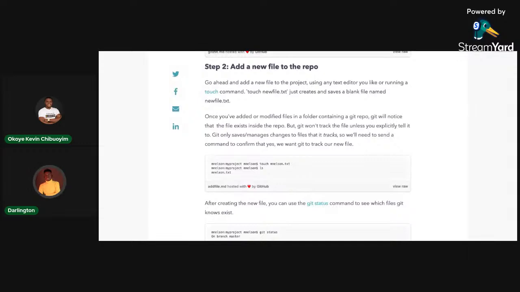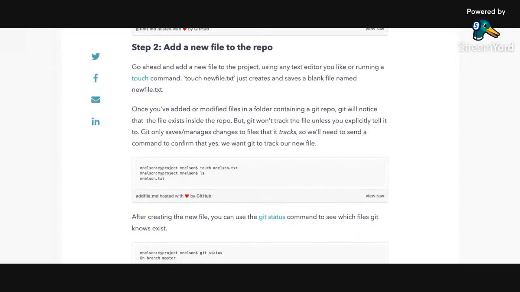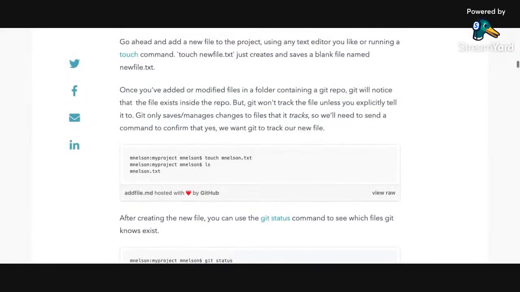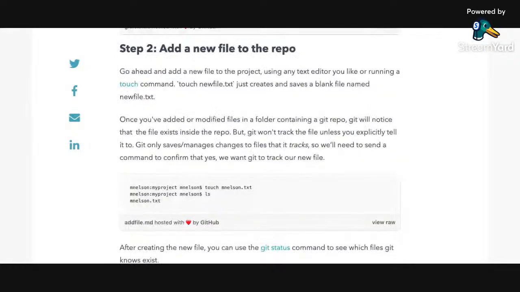You type git add and the file name to move these files to the staging area. Once you do, Git knows this is the file I want to move to the staging area. These are the files I need to track. These other files probably are still yet to be completed and I don't need to track them. That's just staging explained in simple terms.